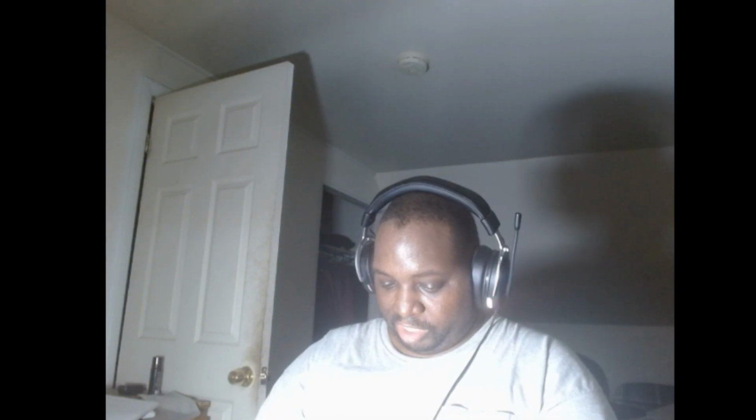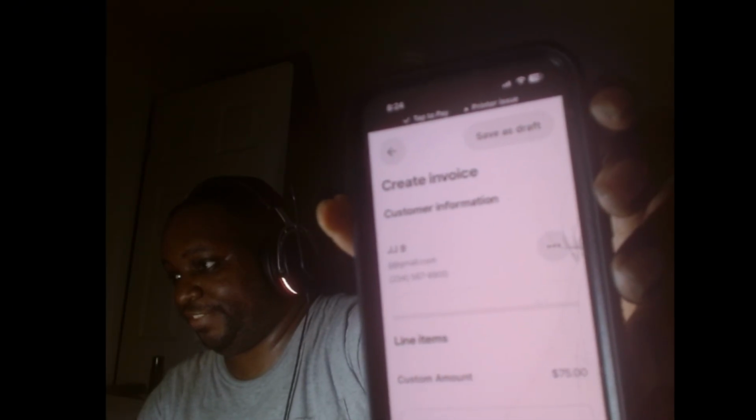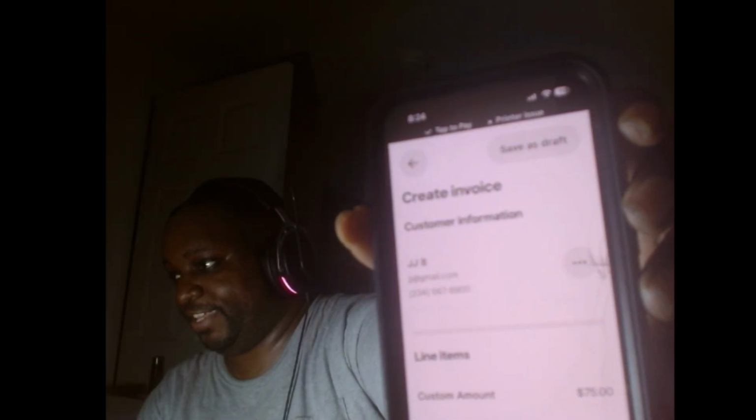So once you do that and you add them as a customer, where it says create invoice, at the top you see the JJB. That's the customer information I entered, and instead of the 3 dots it will be a plus sign. That's where you add the customer information. Okay. So once you add this here, you can just click continue,